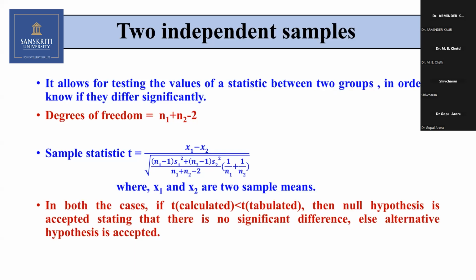If the calculated t value is less than the critical value, or the table value, then we accept the null hypothesis, otherwise we reject the null hypothesis. If you remember this logic, then there is no confusion at all. I'll repeat once again. If the calculated value is less than the critical value, then we accept the null hypothesis. I feel today my BP is 85 because I have to give the guest lecture, that's okay. But if it goes beyond 90, then I reject my hypothesis. No, there is something wrong. So I rush to a doctor.